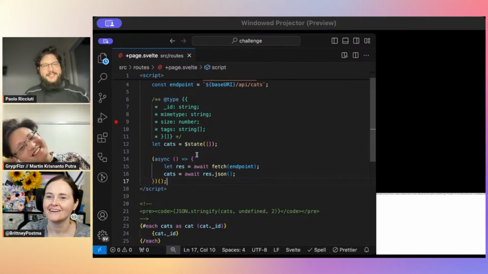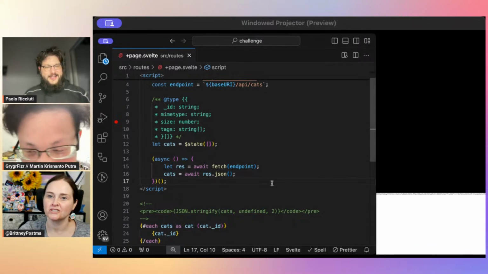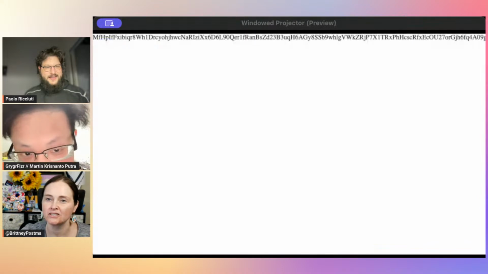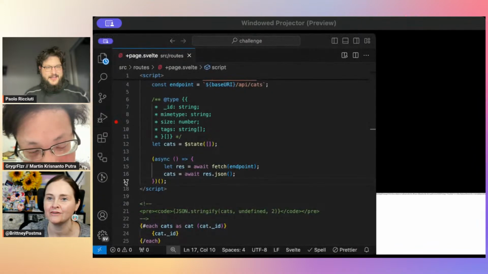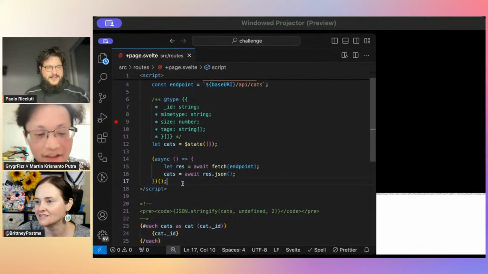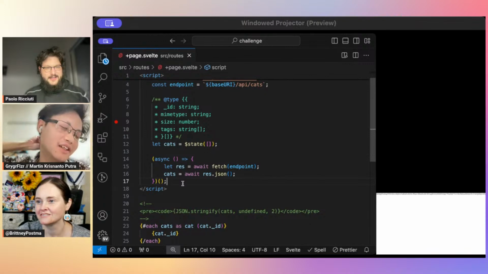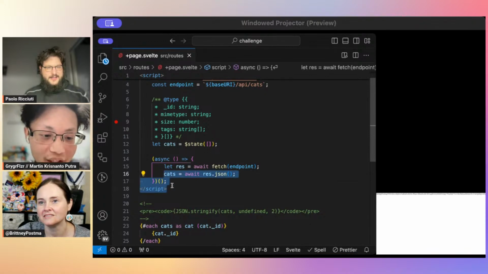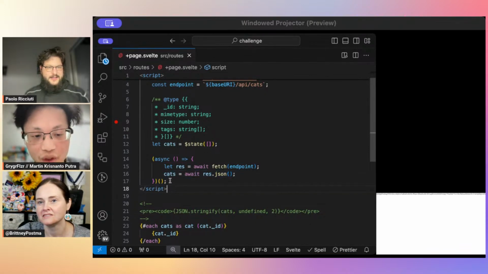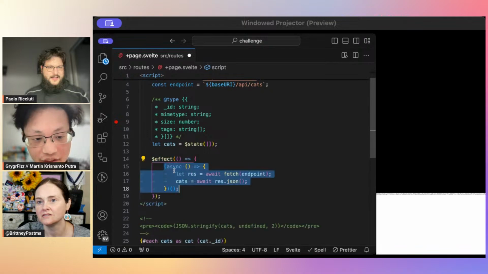Ooh, yeah, actually, this is interesting. It's because it's no longer top level. Your data is not going to change, so the cat array is never going to change. You can expect that, and you don't need that in an effect. I think there are some cases you'd still want it in an effect. One reason you want it in effect is what I mentioned earlier, because this entire thing is a no op on the server. But if you do it as